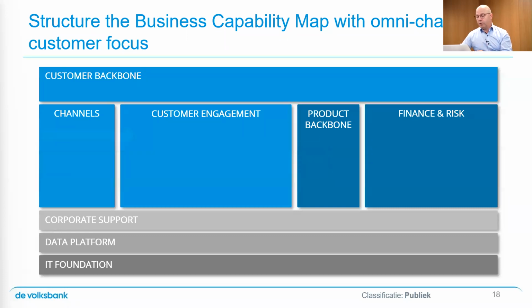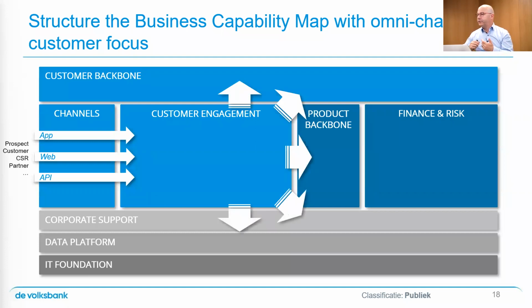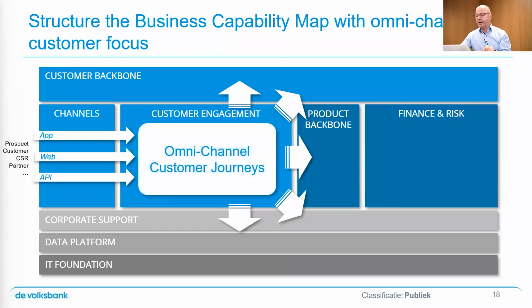So the omni-channel approach is an approach where whatever channel we have, the functionality that we offer is seamlessly offered through a number of channels. Not necessarily all of them, because some channels in some situations don't make any sense. And those channels allow us to talk to customer information, product information, all kinds of products and services, without worrying about where I am from a channel perspective as a customer. And the big pro of an omni-channel approach is that the customer journeys are seamless across all the channels. So you don't need to start over.